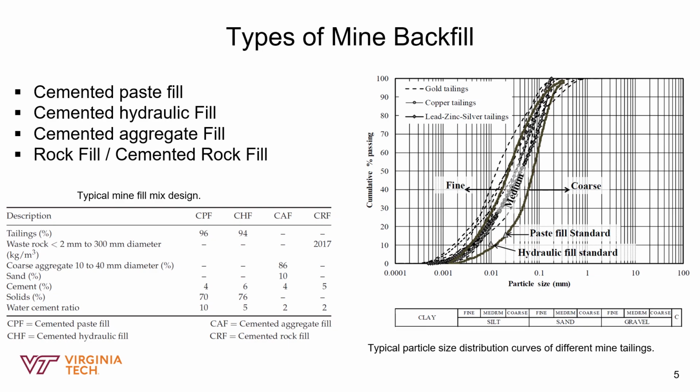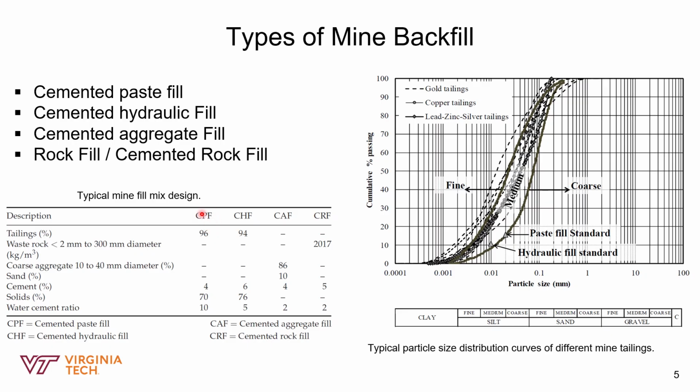So what is this backfill material? We have different kinds of backfill. So we have paste fill, we have hydraulic fill, we have aggregate fill, and we have rock fill. And the major difference between them is the particle size. And so if you look at the table here,